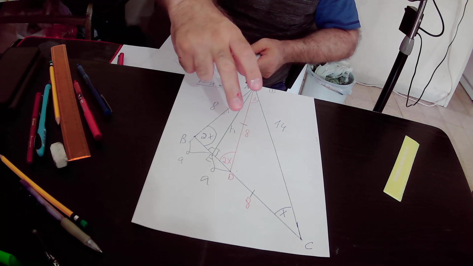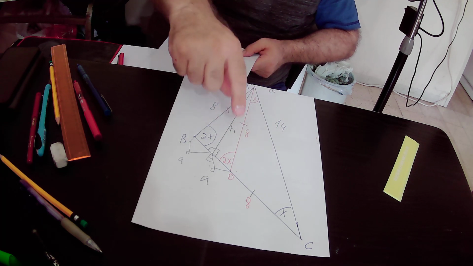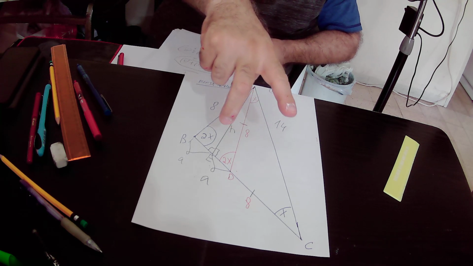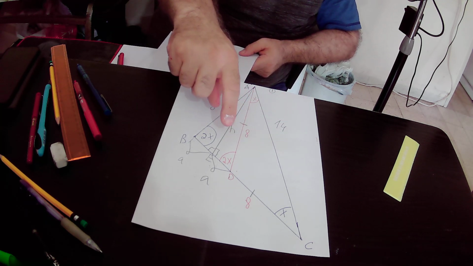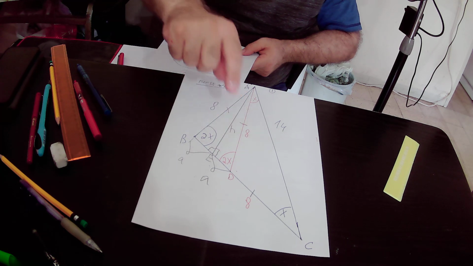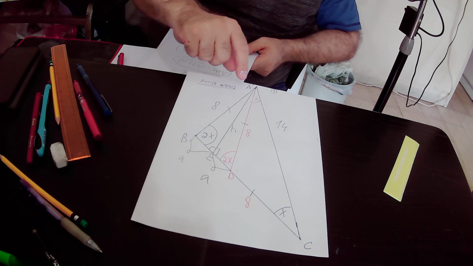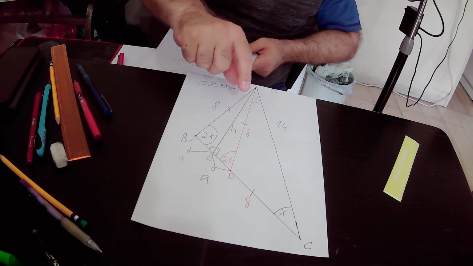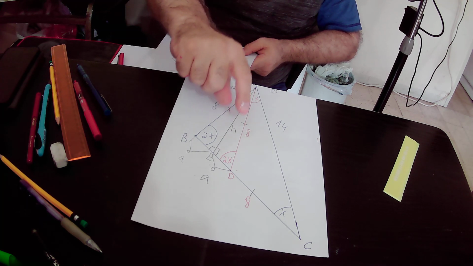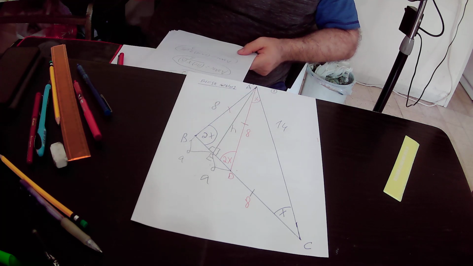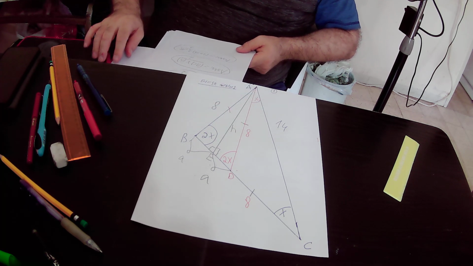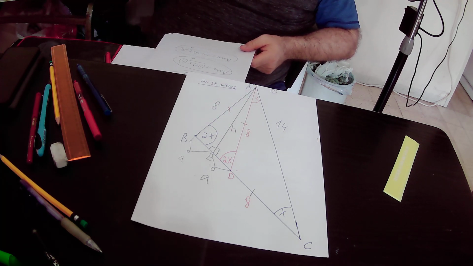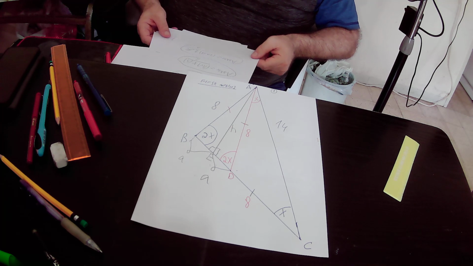We draw line segment AD in red, on side BC of the triangle, in such a way that this angle equals 2x. So in this way we built an isosceles triangle, because triangle ABD is an isosceles triangle. Anyway, we have here two angles that are equal to each other, and we use rule number 1